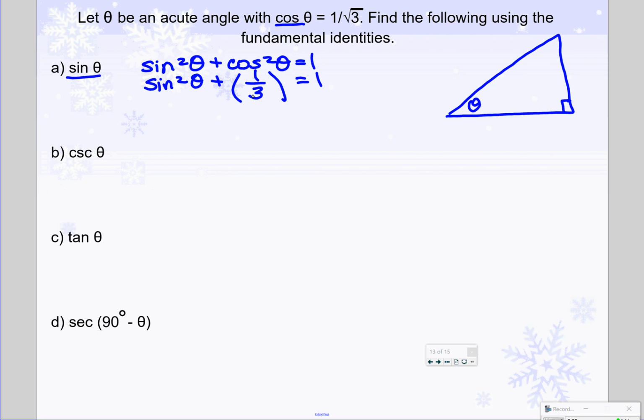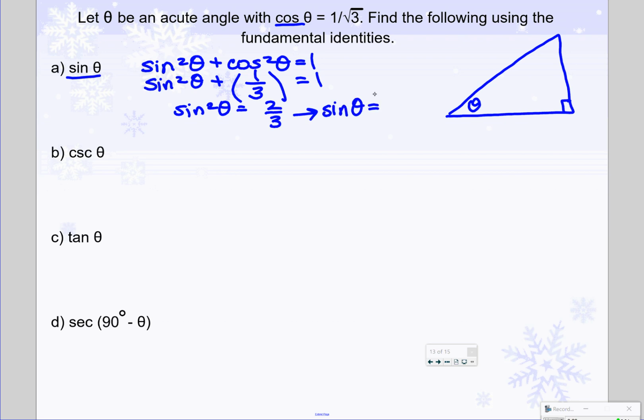Okay. How do I solve for sine now? This is just a basic equation. What do you do? Gotta get it alone, right? Come on, guys. This is supposed to be the easy part. Subtract a third. 1 minus 1/3 gives me 2/3. And I have my sine squared alone, but it's squared. So how do I get rid of a squared? Square root. So I'm going to end up with sine